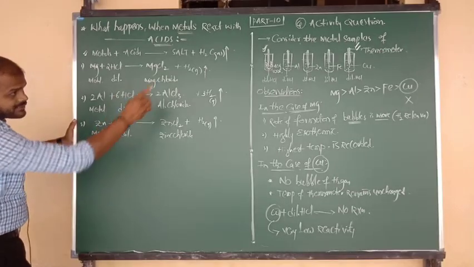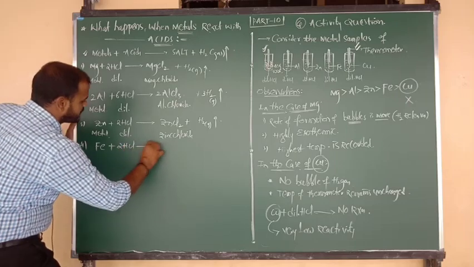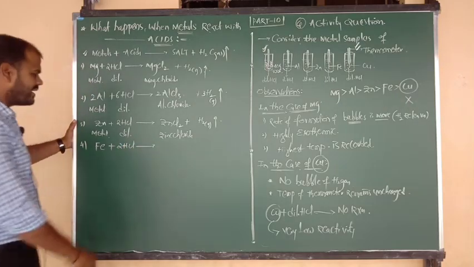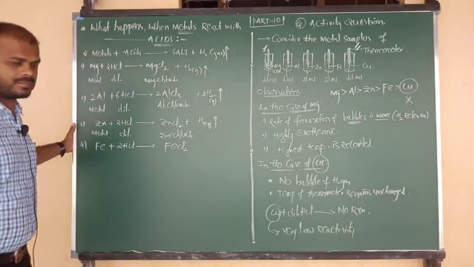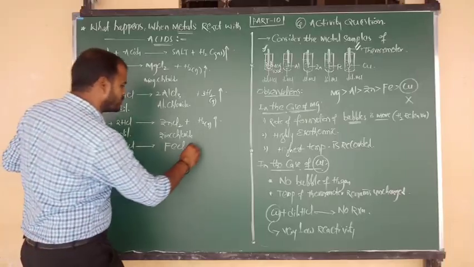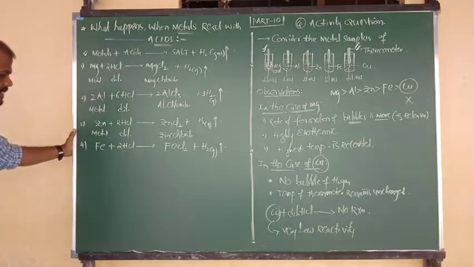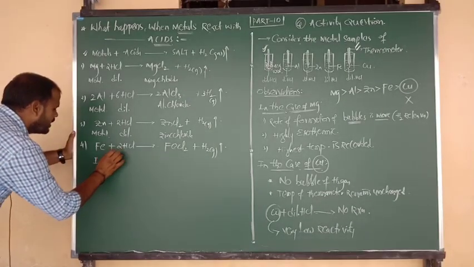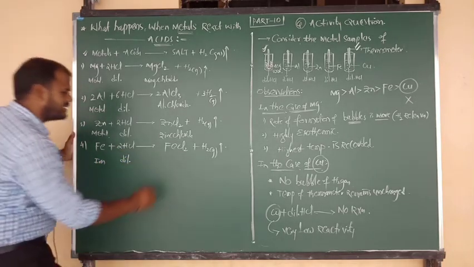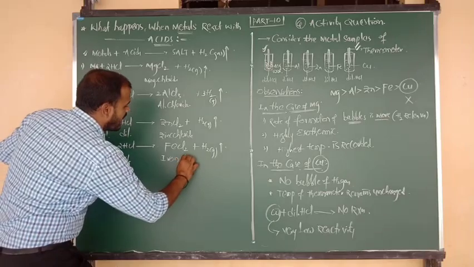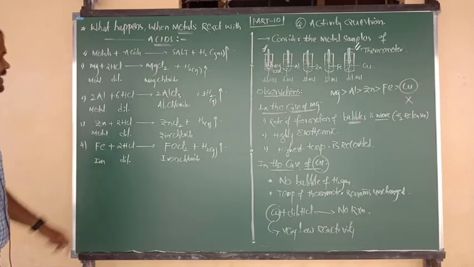So let me consider the next metal sample: iron. Iron is a metal. Again the same thing. Upon reaction with 2 moles of hydrochloric acid, iron changes into iron chloride, and we can also say ferrous chloride, because here Fe carries the charge +2. Here also liberation of hydrogen gas takes place. So iron metal upon reaction with dilute hydrochloric acid forms the salt iron chloride, also called ferrous chloride. Here also evolution of H2 gas takes place.